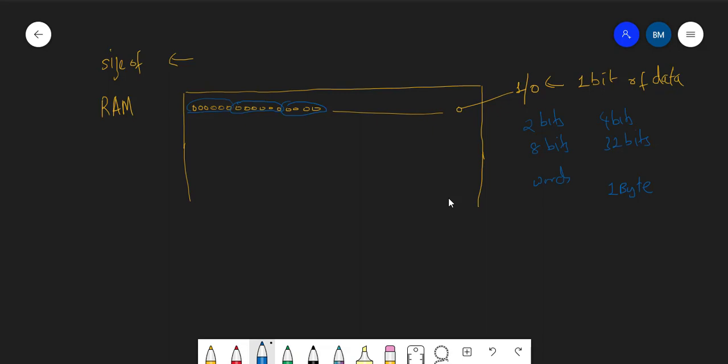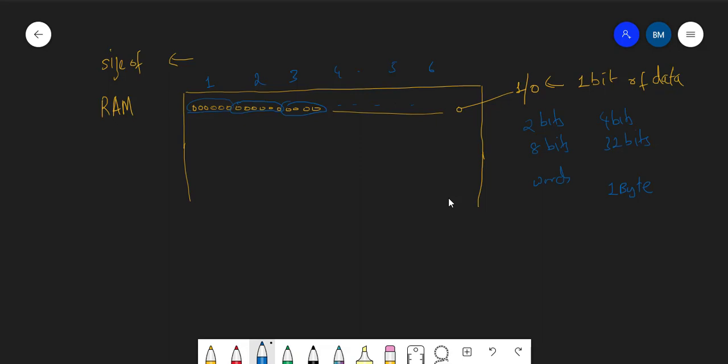Each of these groups is given an address by the RAM, like address 1, 2, 3, and so on. These addresses are used to take data from these words. If the computer asks to get some data from the RAM, it will ask, give me the data stored in word 2.